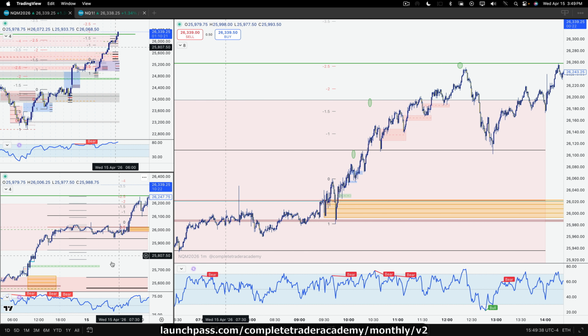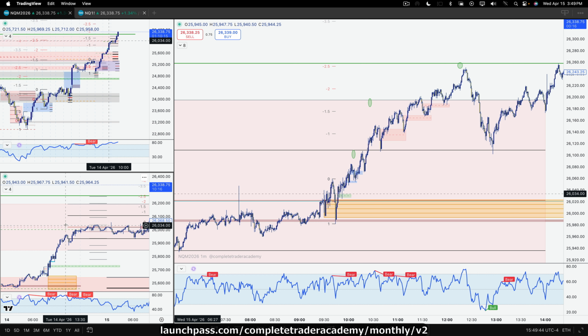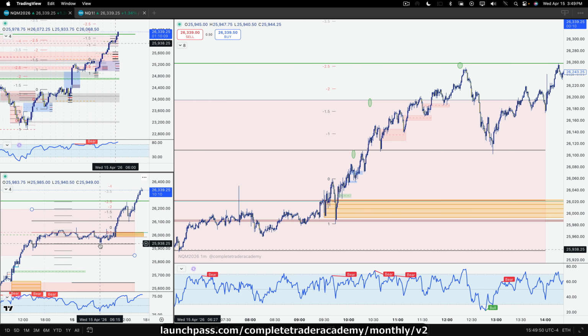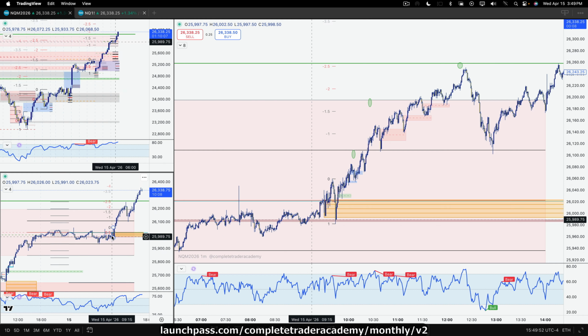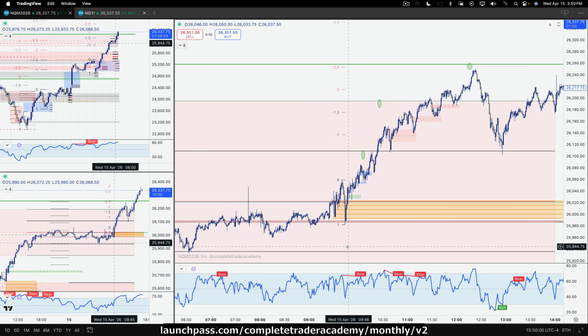I didn't have it quadded in the video yesterday, right? Because we had just gotten up there. So while we were busting through, it's like, where are your next algorithmic levels here? And you can see I got it right here on this 15-minute beautifully. So we're already here, and then the opening range gap is a small one. This tells me that it's a shakeout initially as well. That's just experience. There's nothing else I could tell you there.